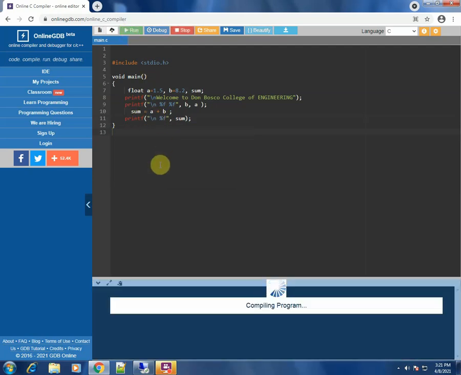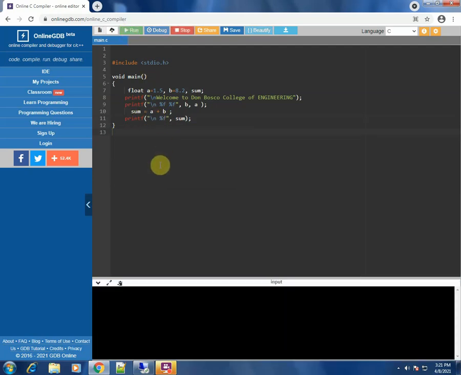Let's run the program now and let's see. If you see, 8.2 plus 1.5 gives you a 9.7 as the answer. So this is how you can print or do simple operations in a C program.